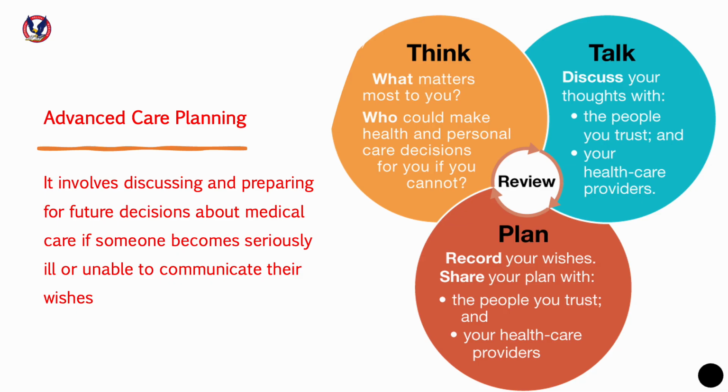That could be everything. Let's say what matters most for them may be their children, like who will take care of their children, who could make the health and personal care decisions. They may choose someone. Let's say if it's a family, the husband is the patient, he may choose his wife as the personal care person who will make all the decisions when the patient is unable